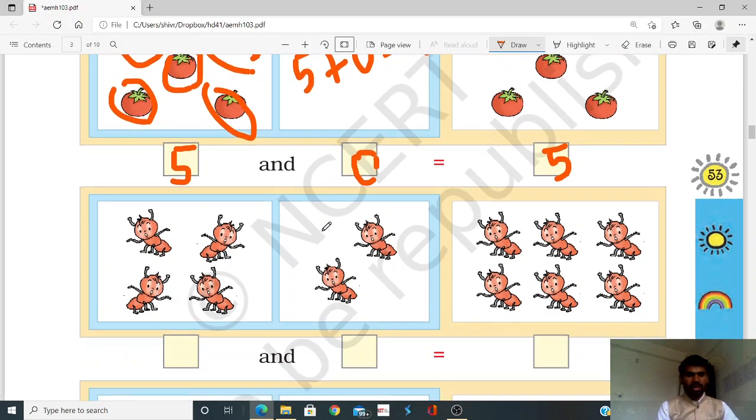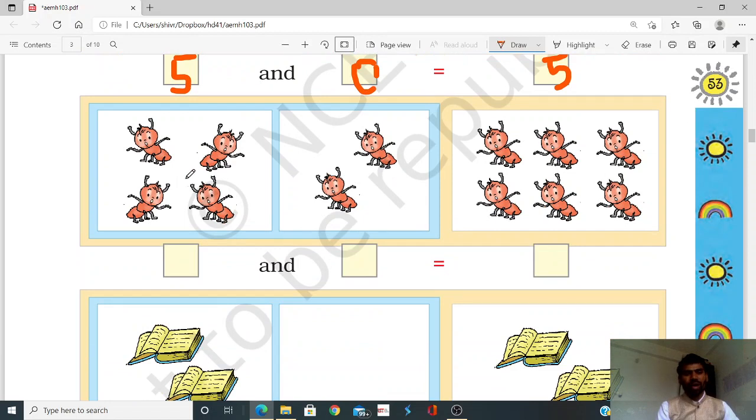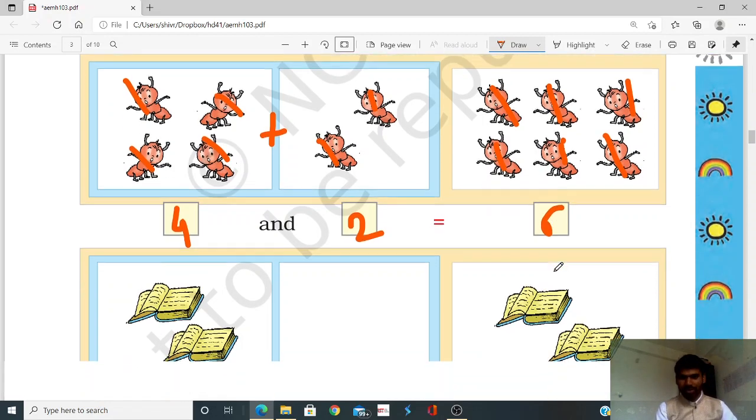Okay, here you can see 4 ants in this box and 2 ants in the other box, then our addition will be 6. 1 2 3 4 plus 2. 1 2. 4 plus 2 is equal to 6. 1 2 3 4 5 6. 4 and 2 is equal to 6. Okay,